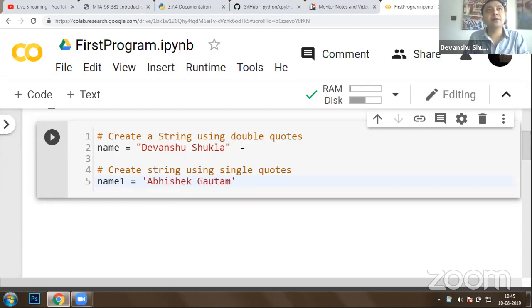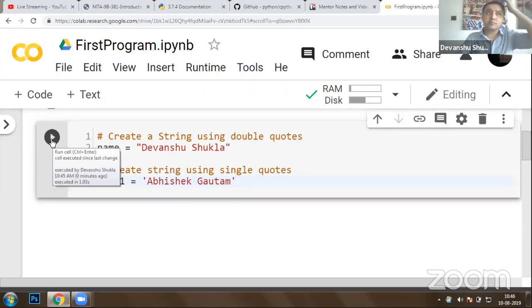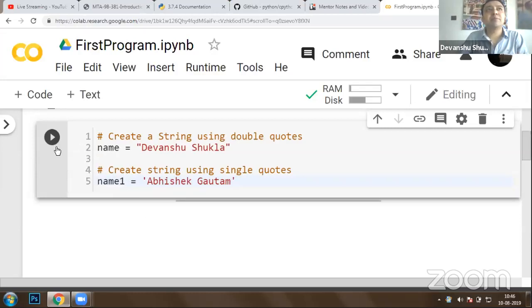So what we did is we executed this cell, and now Abhishek Gautam is stored in name one, and Devanshu Shukla is stored in name. You guys have to run this cell, so click on run. Once you're done clicking run,